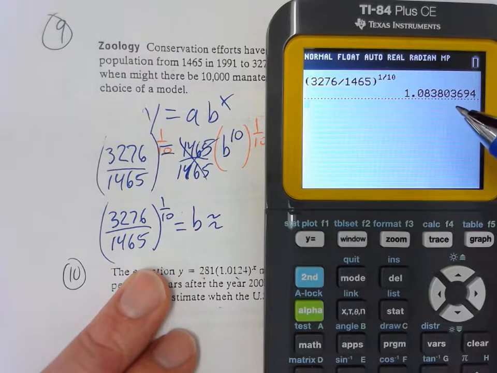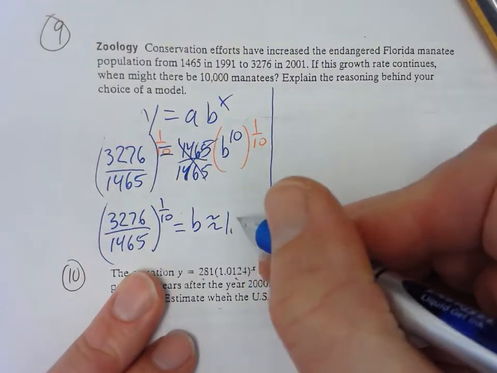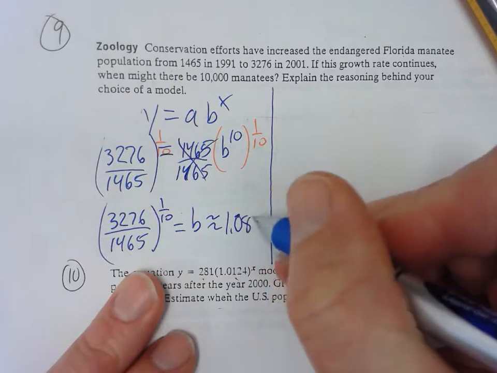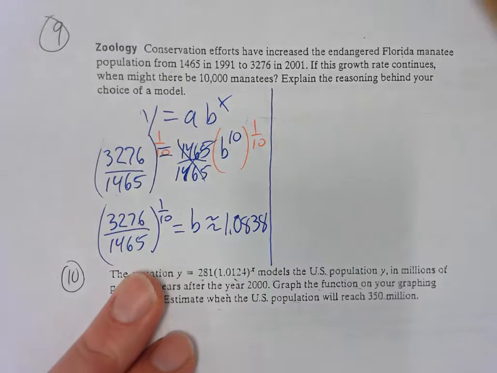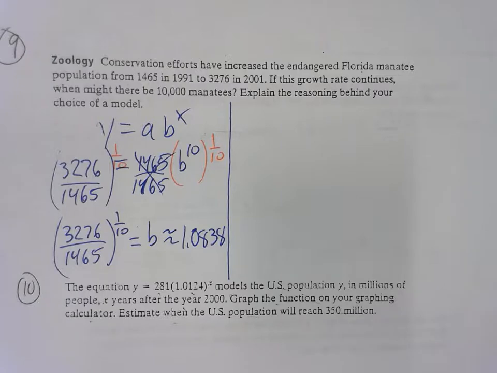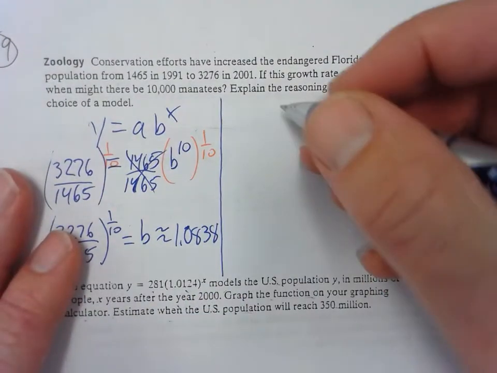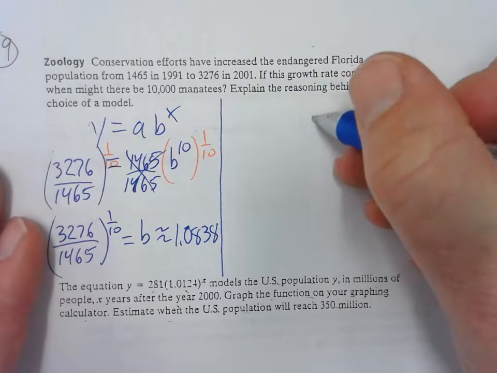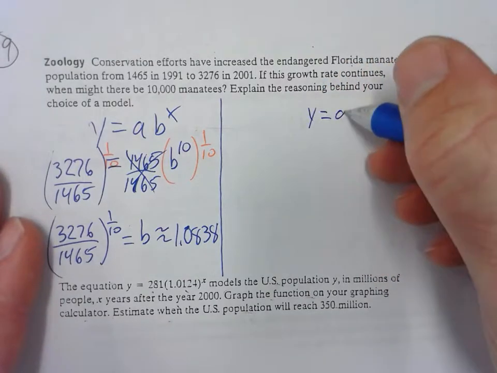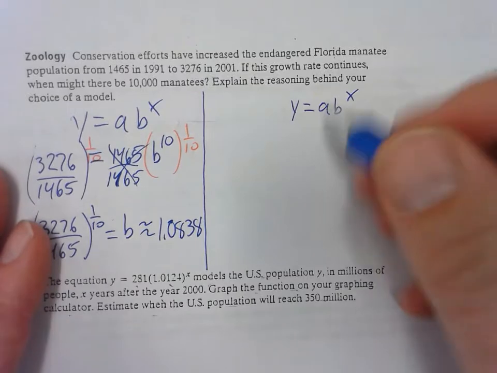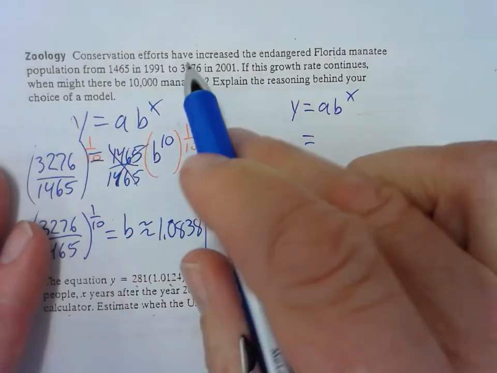So I'm rounding to 4 decimal places because that 0 right there makes me think, hey, I'll just keep 4 decimal places. So it's 1.0838. Now we have to go ahead and come up with how long it takes to get to 10,000. So we're going to start off with the equation y equals ab to the x again. My starting point, I could pick either starting point, but I'm going to pick